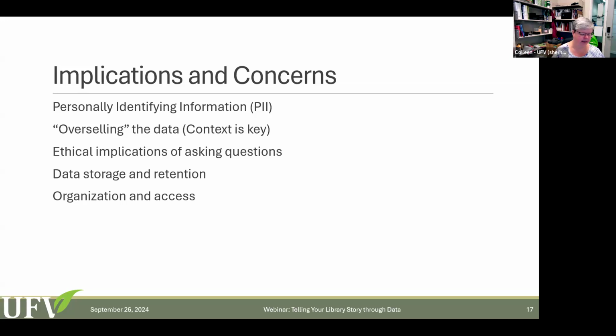So you don't include PII when you're pulling information from library systems, or I recommend you don't. Instead, use more general characteristics.